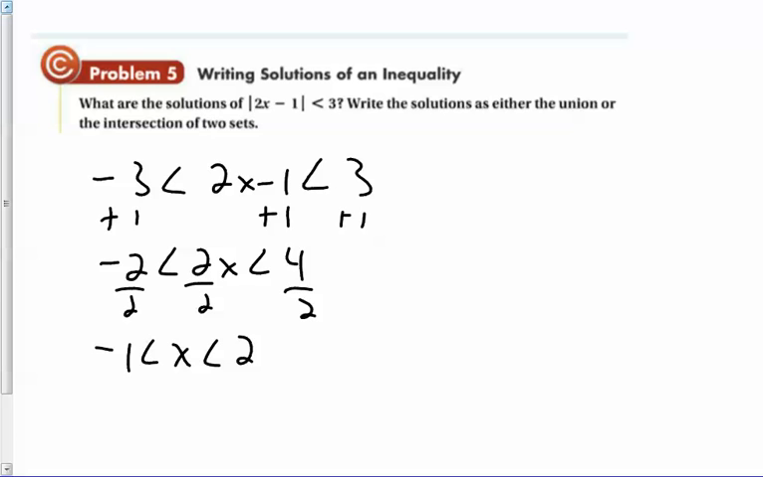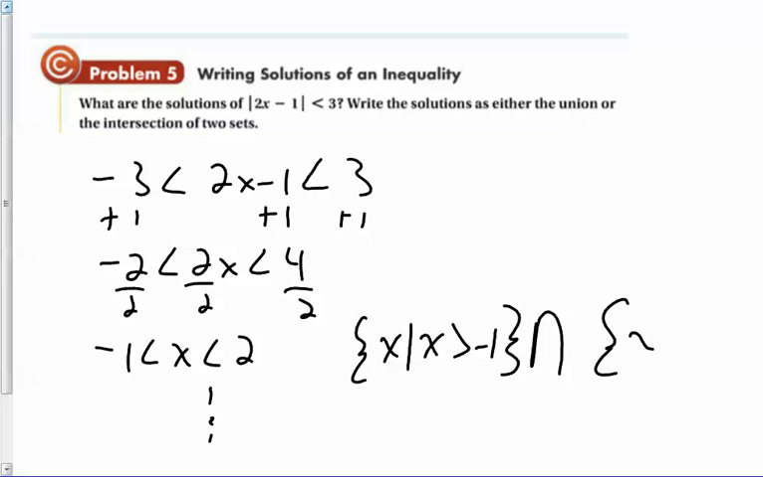But if we had to do this as a union or an intersection, this is like and. So that means it's a lot like the intersection. So using set builder notation, I could say curly bracket x such that x is greater than negative 1 and at the same time x such that x is less than 2. This is what they use in the big old fancy math books that are at the college level,